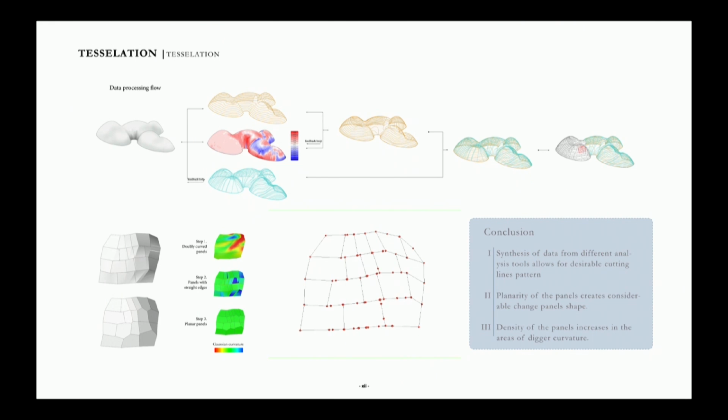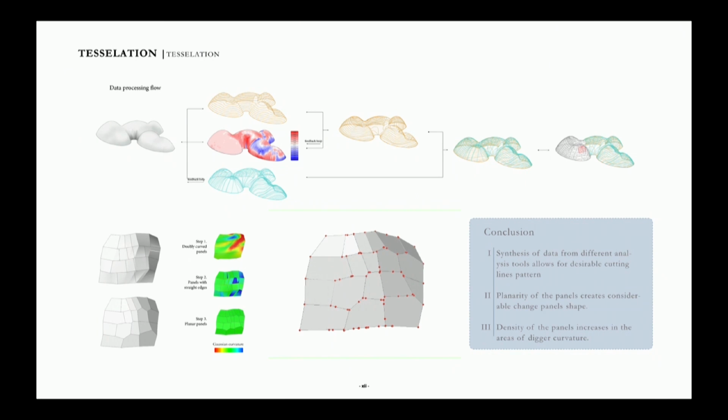In regards to the tessellation, the customized cutting pattern was developed through abstraction of different data sets from structural analysis. Therefore, the horizontal cutting lines are actually isocurves which are moved down in the areas of the biggest utilization and moved up in the areas of smallest utilization. Therefore, efficient interlocking is created. The vertical cutting lines are abstracted out of physical force lines with customized density.